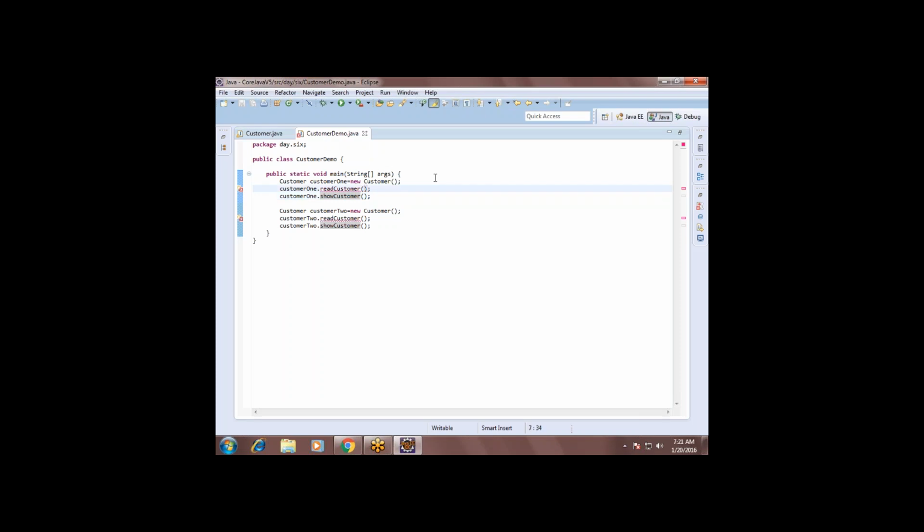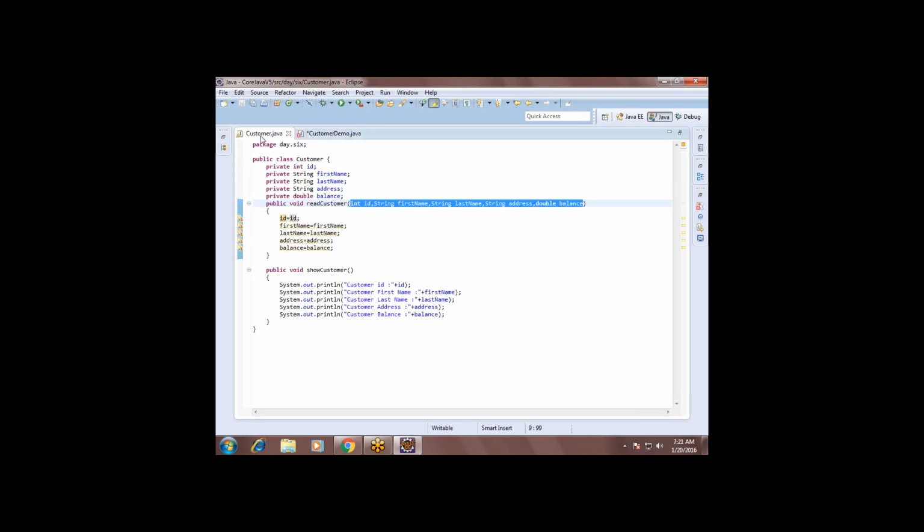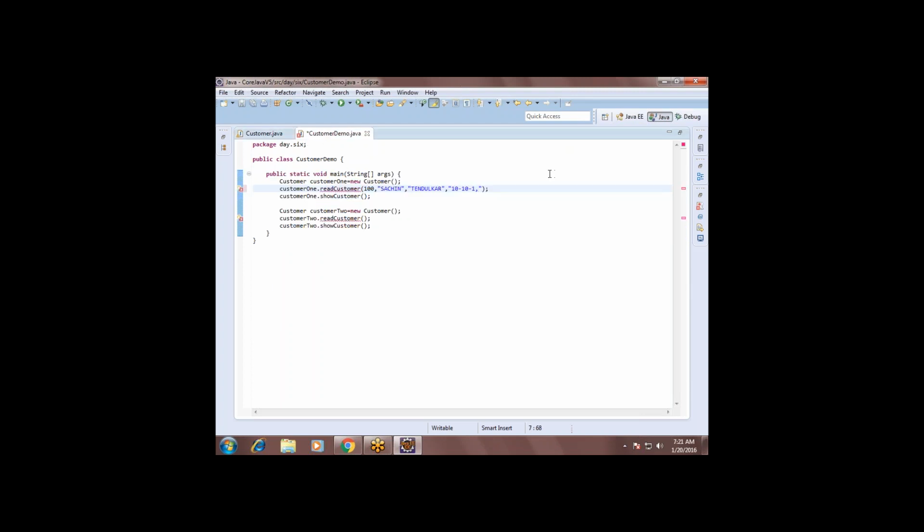So while calling read customer, you pass the value 100, first value, Sachin, second value, Tendulkar, third value, address now, door number 10-10-1, and West Mumbai, West and then Mumbai. Okay. Then balance.